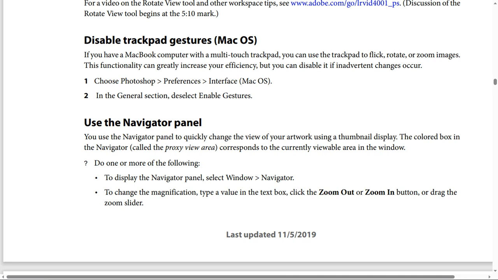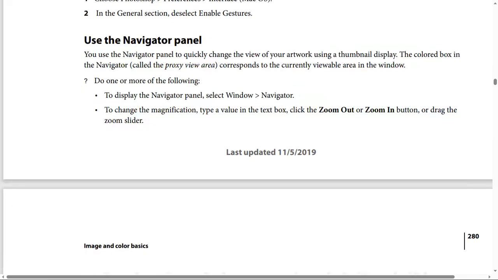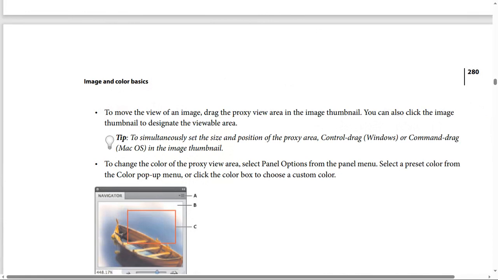And you should do also the following. To display the Navigator panel, select Window, then select Navigator. To change the magnification, type a value in the text box, then click the Zoom Out or Zoom In button or drag the zoom slider. To move the view of an image, drag the proxy view area in the image thumbnail, and you can also click the image thumbnail to